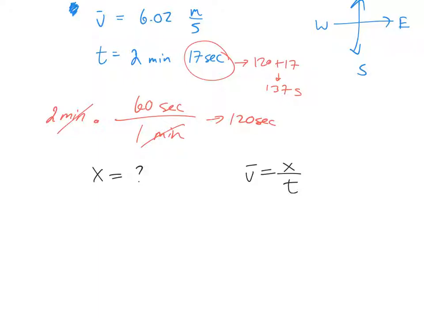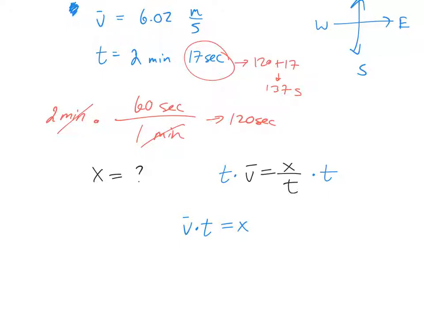So we're looking for X, right? So solve for X. What does X become? What does X become, Steve? You take out T, so you multiply T, so you have VT. Very good. X. And that's just distance equals rate times time again, isn't it? Take a look back. This is like saying D equals RT. It's kind of the same formula again, yes?